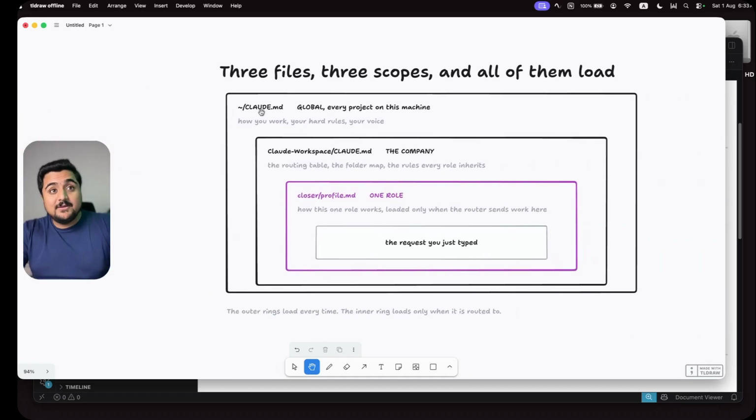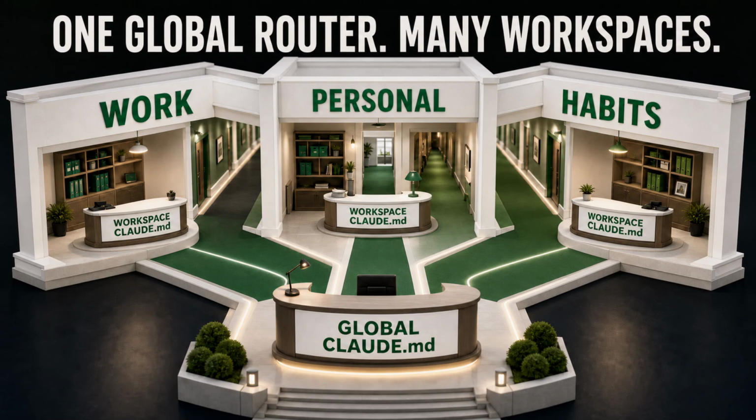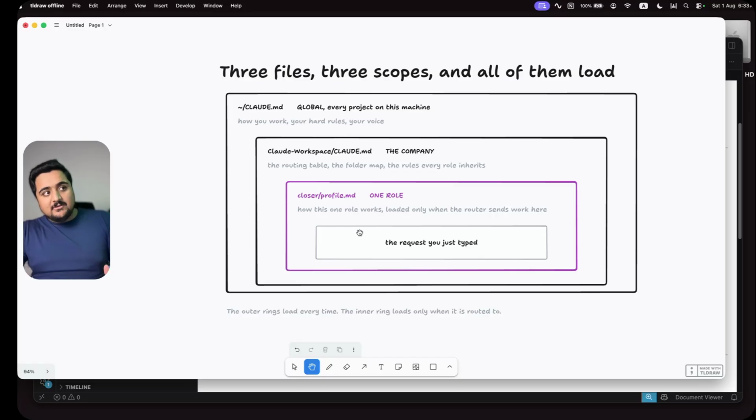Now this thing is handled at multiple levels. Number one, we have a global Claude.md file that is handling everything on your computer. And then we have a proper folder. So for example, I made 3 folders on my computer, one for my work, one for my personal life, and one for some different habits. For all of these 3, we will be having 3 Claude.md files in their respective folders, but overall there is one file that is managing all, and after that it is assigning the role to that specific person.